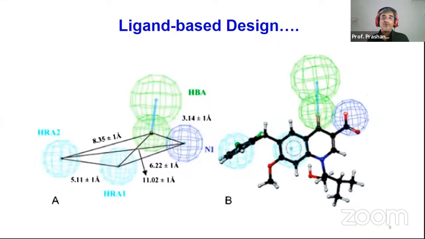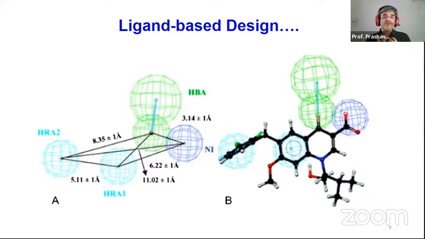There's another approach called ligand-based drug design, and pharmacophore elucidation is one such technique. Where you have active molecules, you align them, and then tell the software to extract the features which are common to all the active molecules, and these are what you see named as HBA, HRA, and so on. That tells you these are the features required for activity, and they should be located from each other at particular distances, those distances which you see here, 8.35, 5.11, 6.22. So basically, this figure tells you about the geometrical description of the features required for activity.